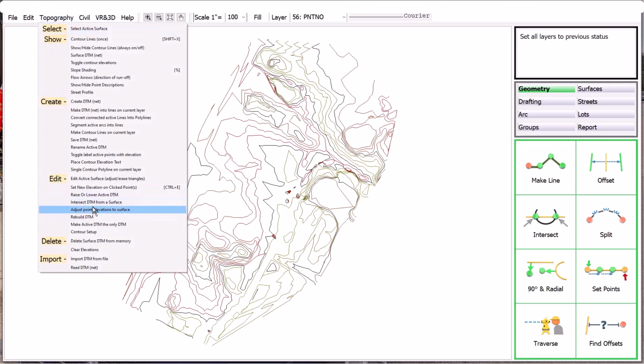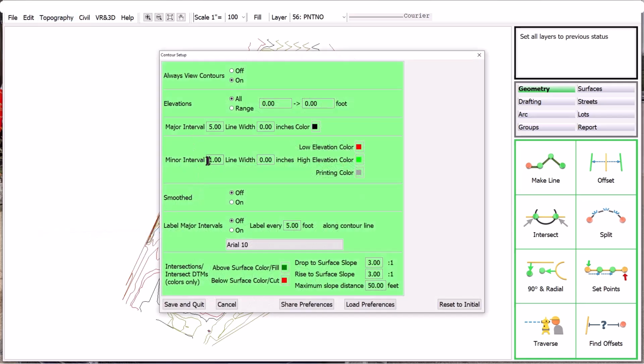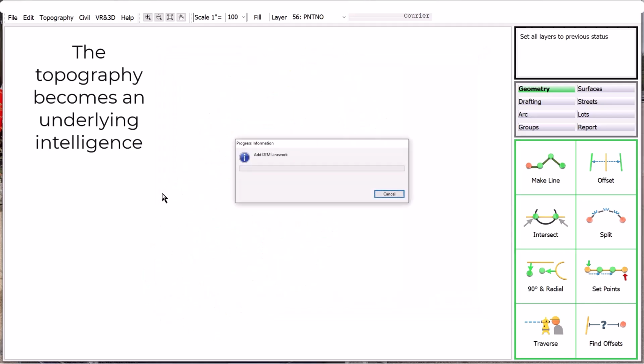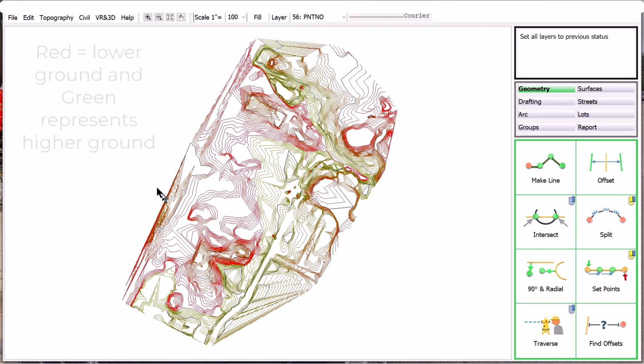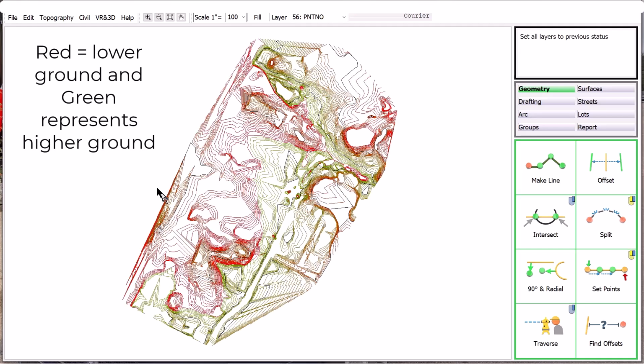So for example, I could go into contour setup and let's take a look at the same topo at every quarter foot. And then if I refresh the screen, it will calculate the topo through there every quarter foot. And it's basically an intelligence. And that way we can manipulate the topo and get far more accurate than you would with just contour lines